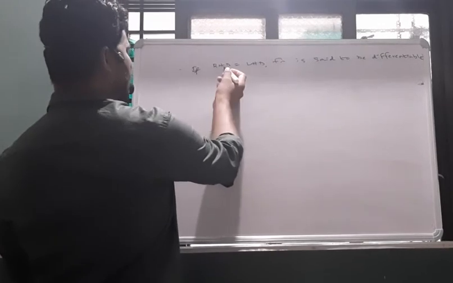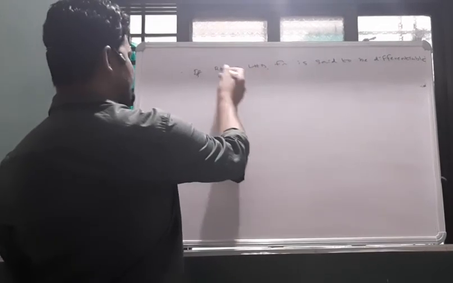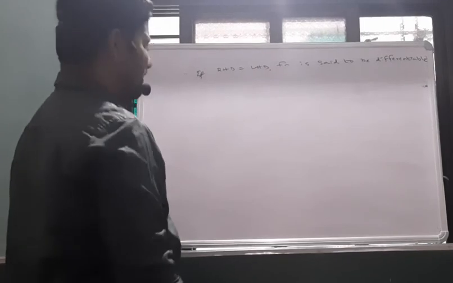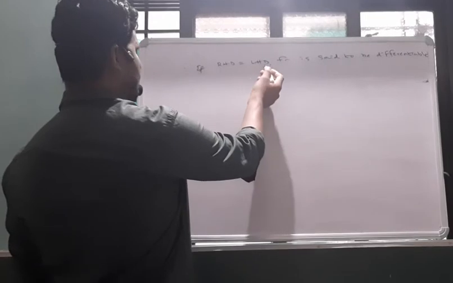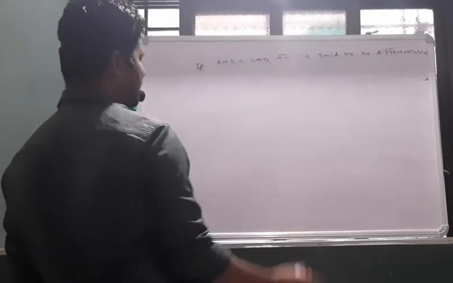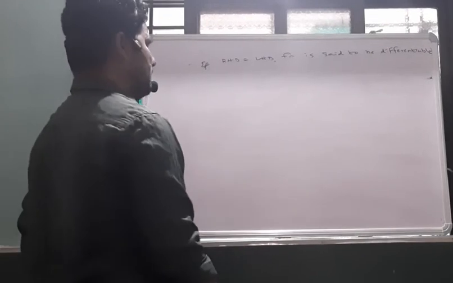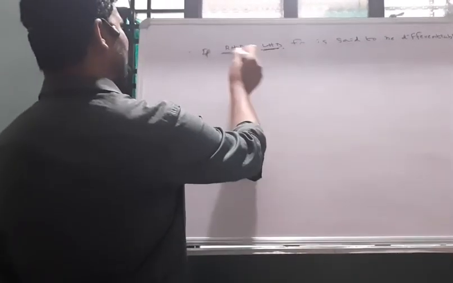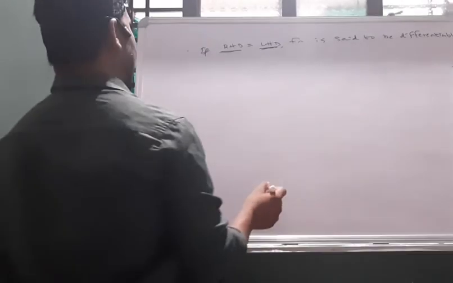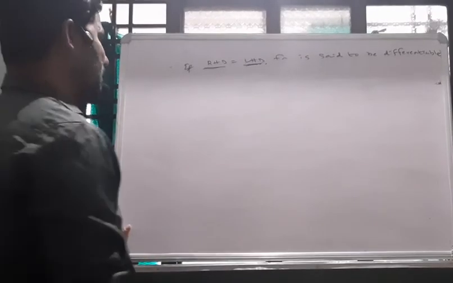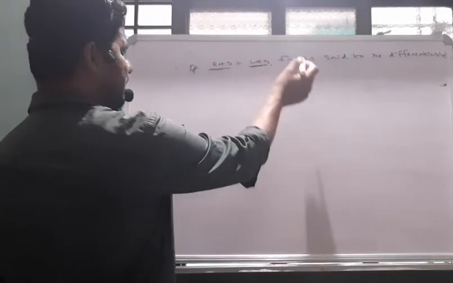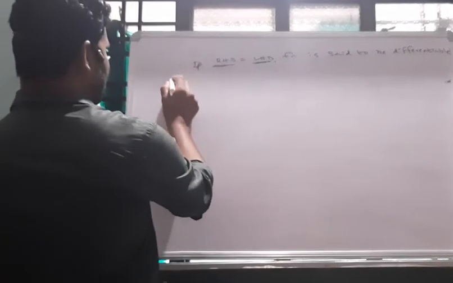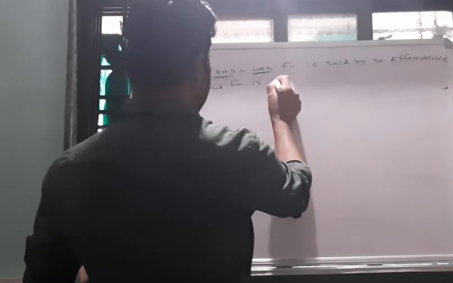For a continuous function, the left hand limit is equal to the right hand limit, and then the function is said to be continuous. Here, the right hand derivative and left hand derivative are likewise limits. If the right hand derivative is equal to the left hand derivative, the function is differentiable. So it seems that a continuous function is differentiable.